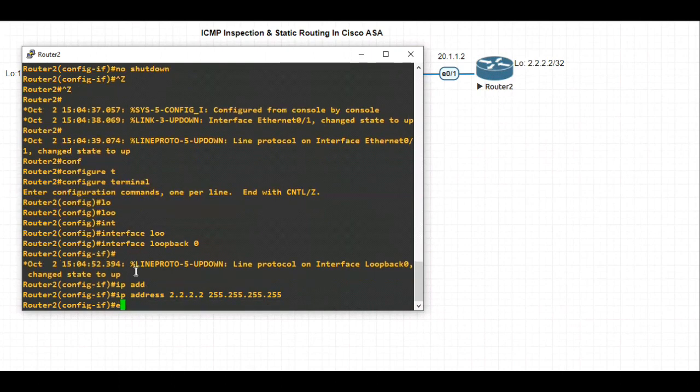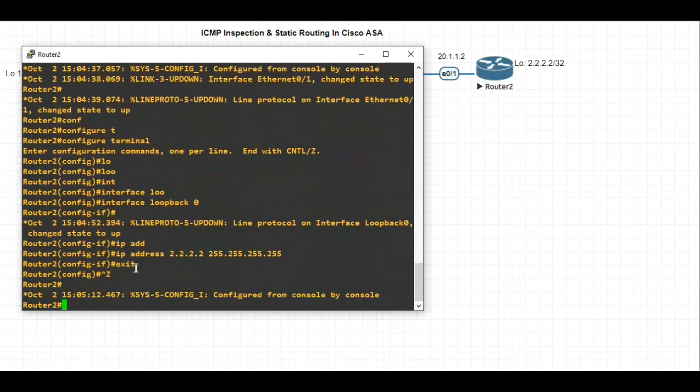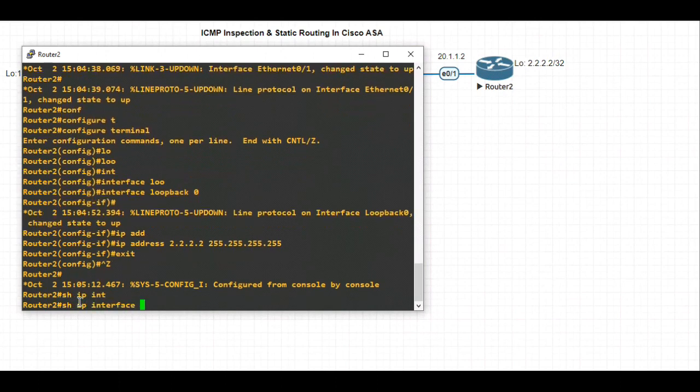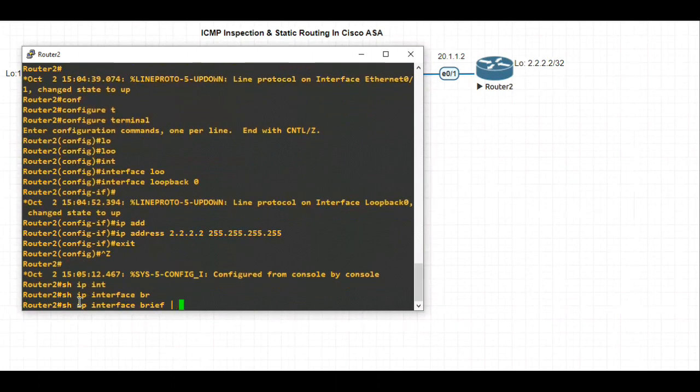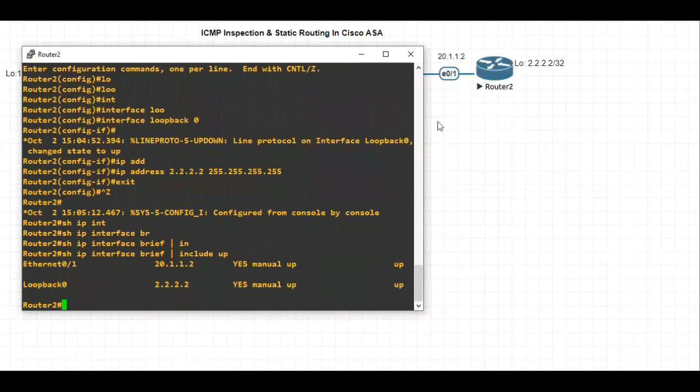There it is. You can write the command exit and you will see that it is configured from console. Let's verify. Show ip interface brief | include up. You can see that we have configured both the interfaces on router 2.